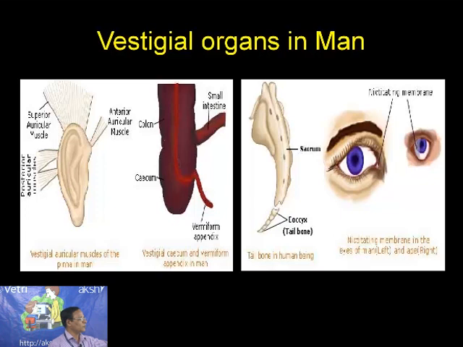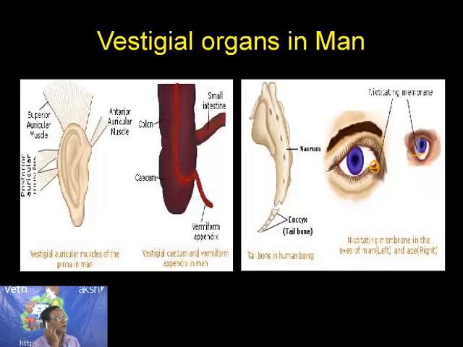Now the second one, the vermiform appendix. You see that it is highly reduced, and also the cecum. And you see the tail region. The last part of the vertebral column is highly reduced to form a fused structure, what is called the coccyx. And also the nictitating membrane. Towards the right side, we have the nictitating membrane in the case of apes. But here in our body, it is reduced into a small reddish spot that is called plica semilunaris.